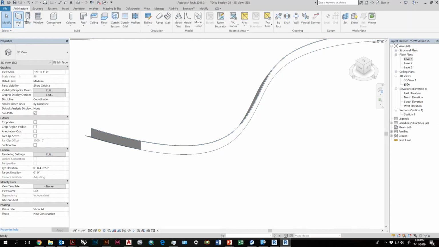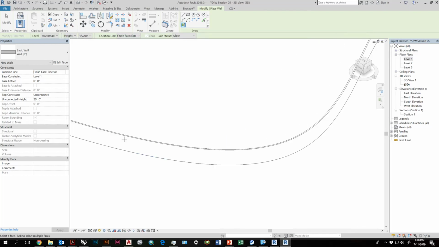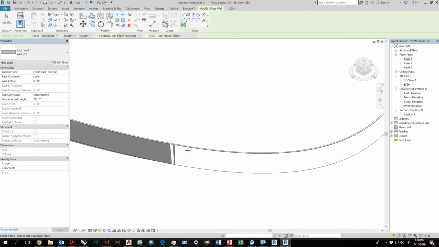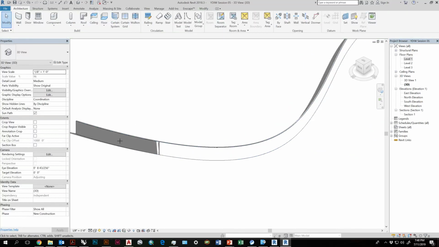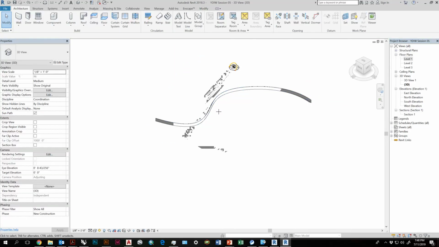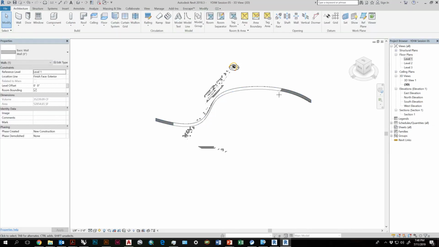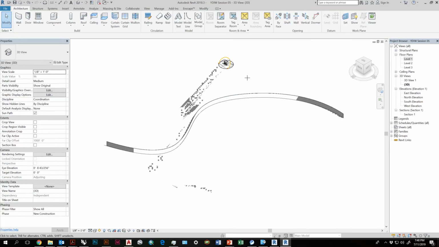I'm going to go back to wall, and it should allow me to pick the face. Yeah, it does. Cool. So now it allows me to pick the face. And now I will have a basic wall. If I delete that, there is the wall that I can then apply. So it's kind of a roundabout process. But if you want to convert Rhino geometry, or you have a crazy shape that you've created in Rhino and you want to bring it in, that's one way you can build it.